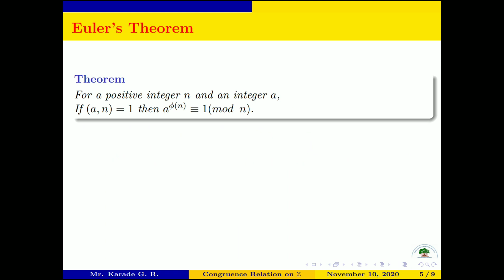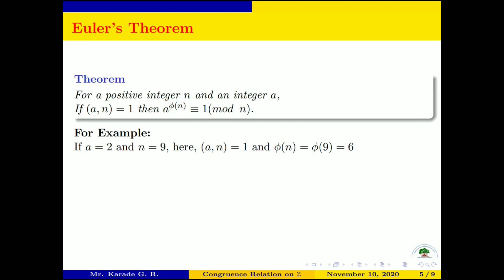So Euler's theorem says that if we have a positive integer n and any integer a such that GCD of a and n is 1, then a raised to the power phi of n is always congruent to 1 mod n. Okay, so let us take one example which satisfies this Euler's theorem. For example, if a is equal to 2 and n is equal to 9,